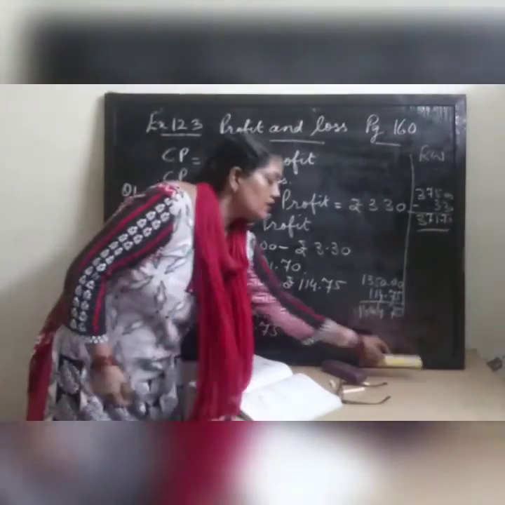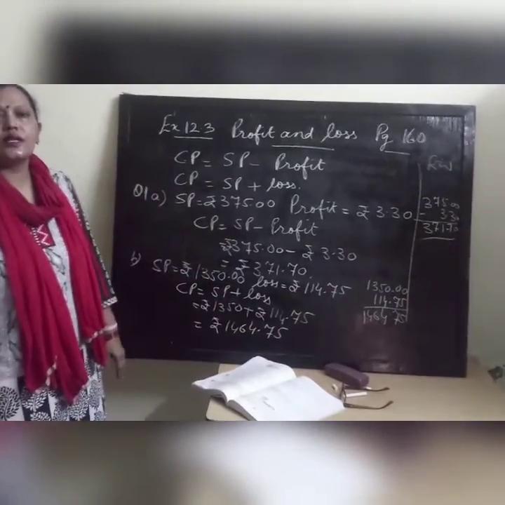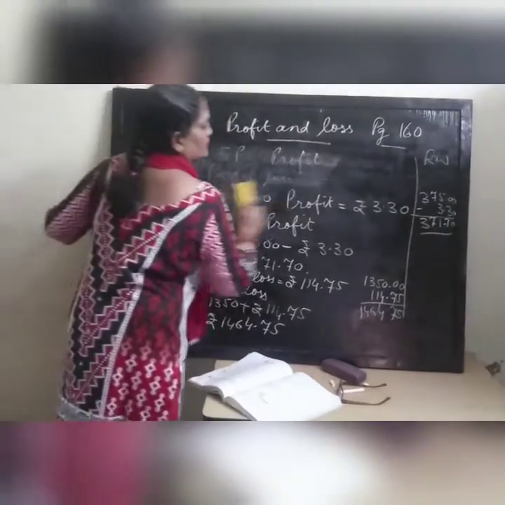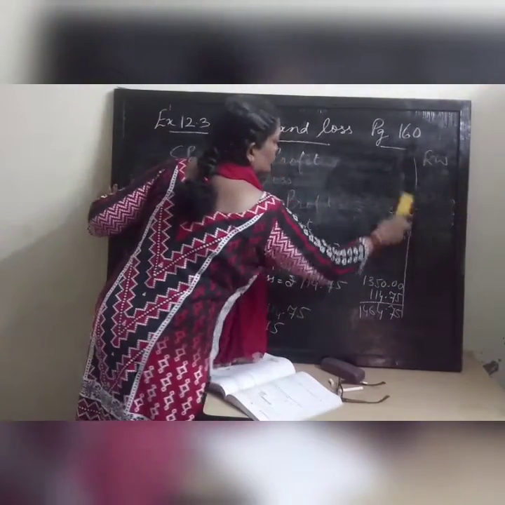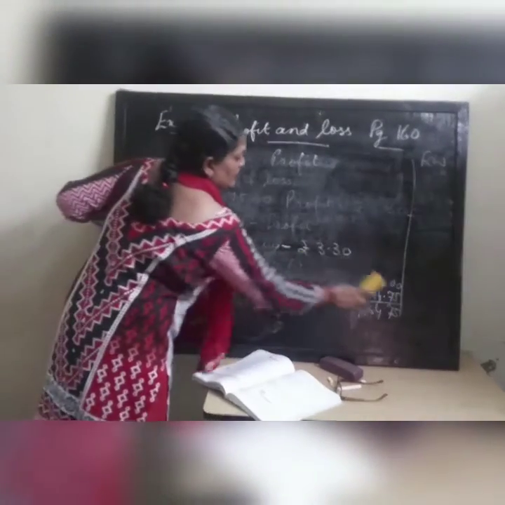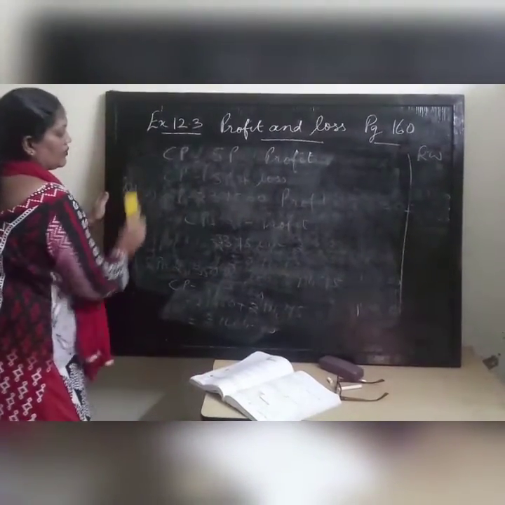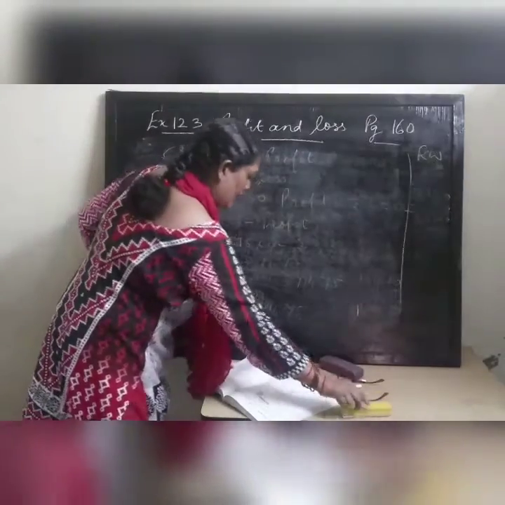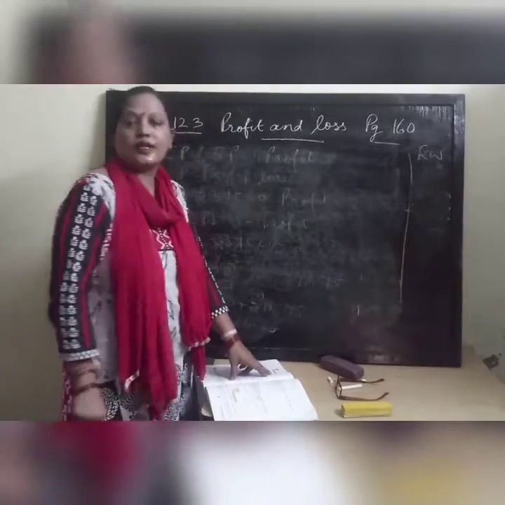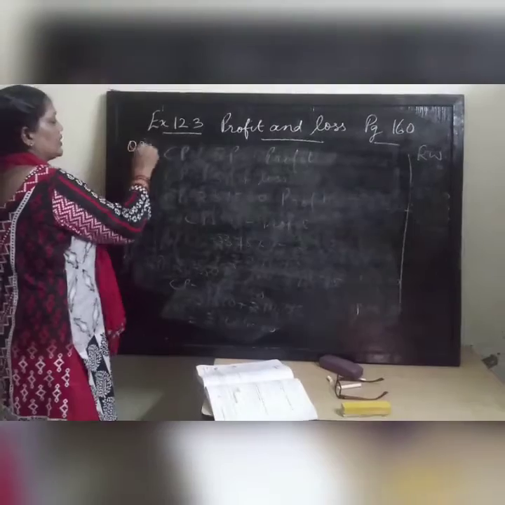Now regarding this exercise, I have already sent it in the campus here. You write the question neatly in your classwork copy. Now next question. Come to the second question. We are having 1 to 4 questions in your syllabus. Question number 1 to 4. You mark it. Now come to the second question.